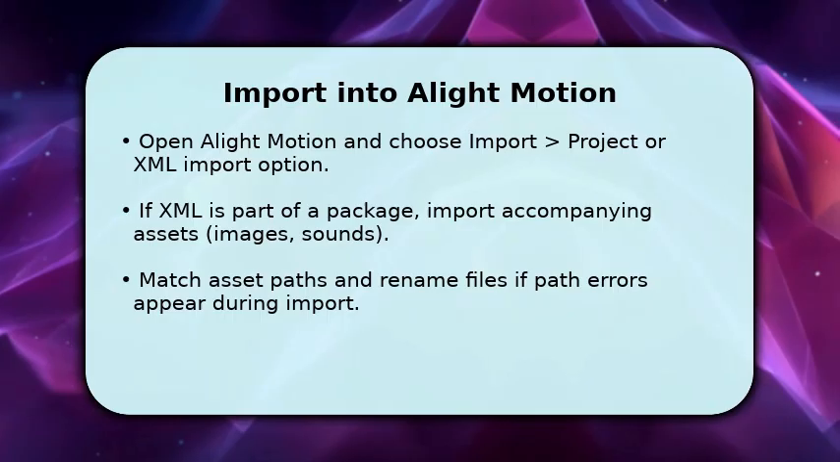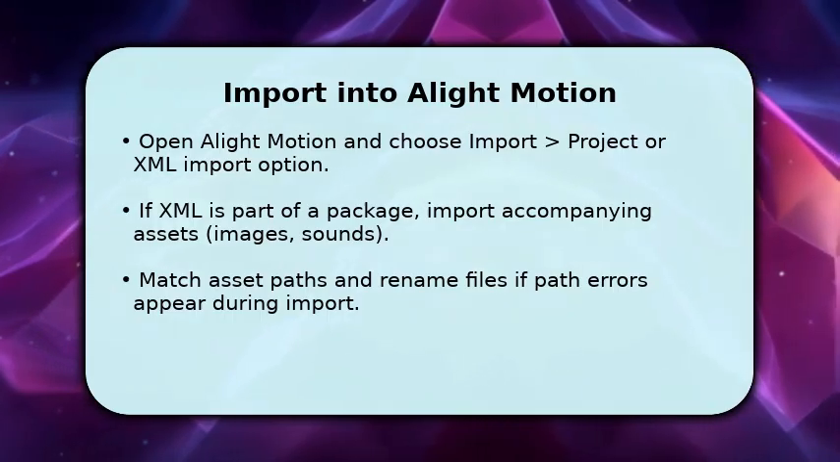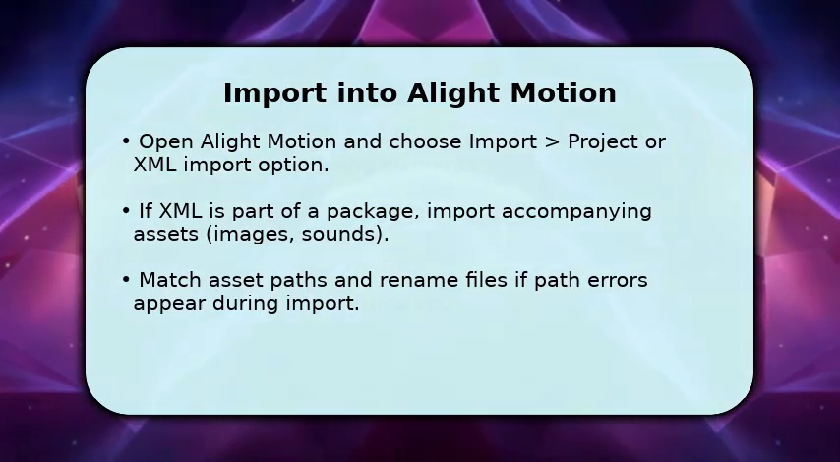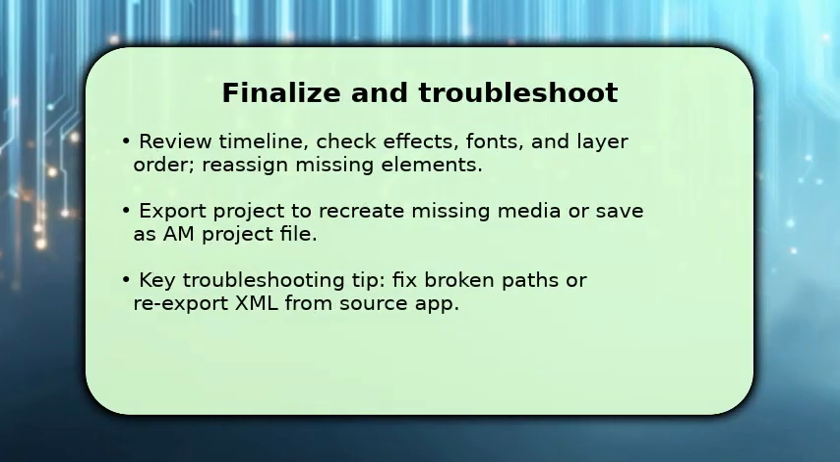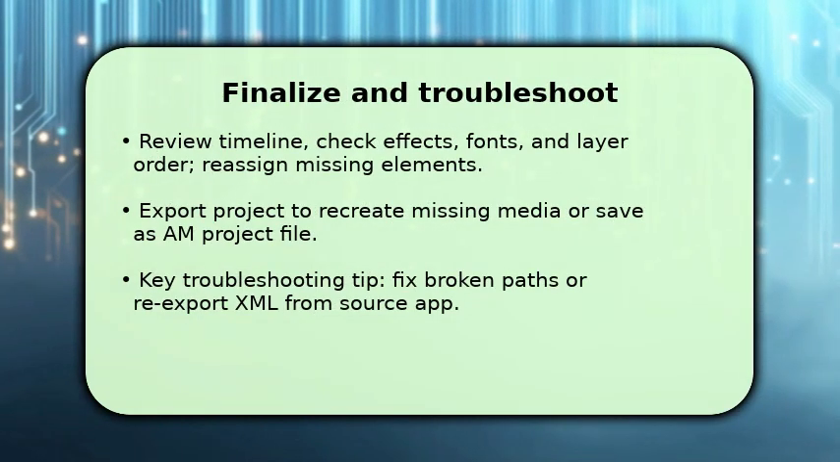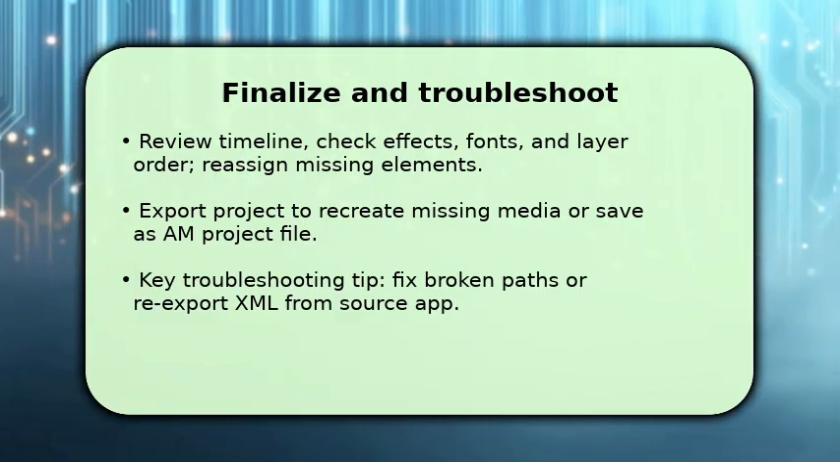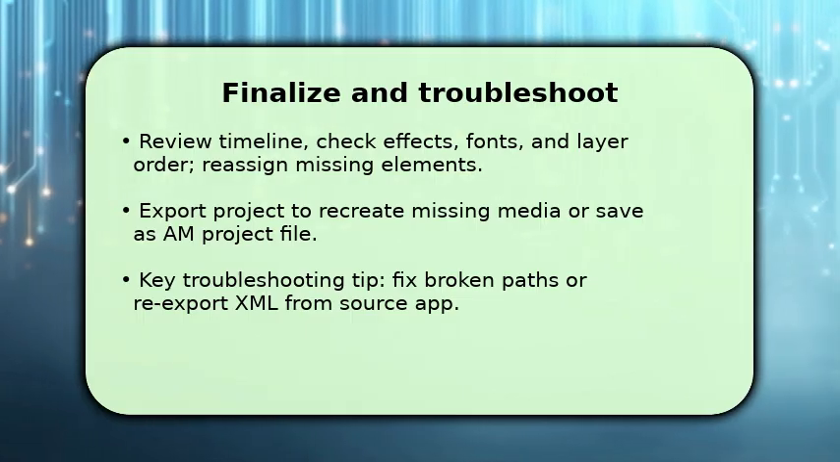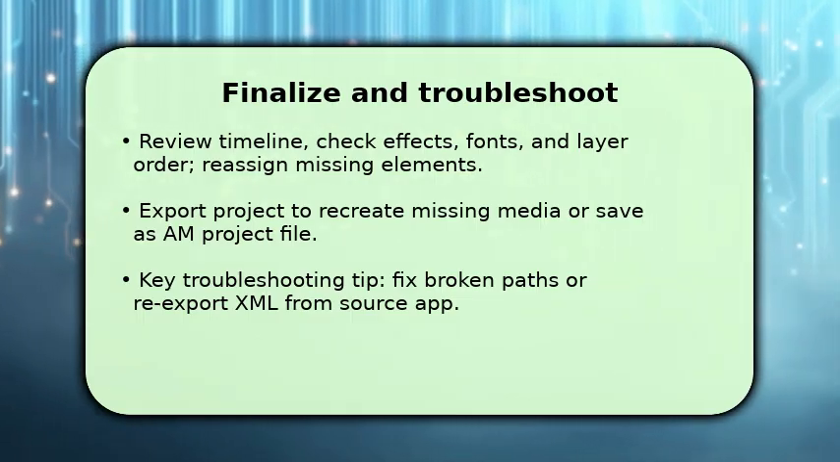Once the app links assets, confirm timeline layers and effects. This ensures the project rebuilds as intended. You now review the rebuilt project, scrub the timeline, test animations, and verify fonts and layer ordering. If an effect or media is missing, reassign or import the asset, then save the project as an AM file